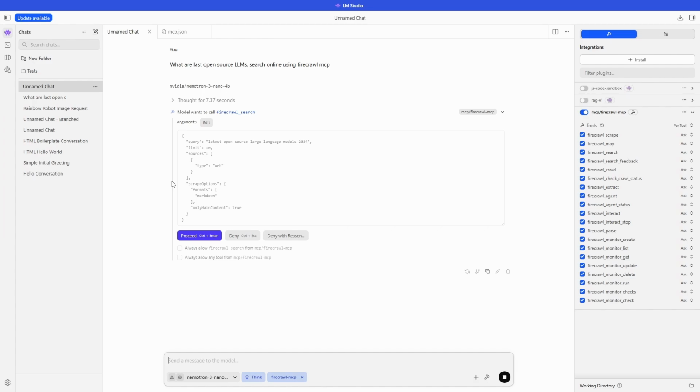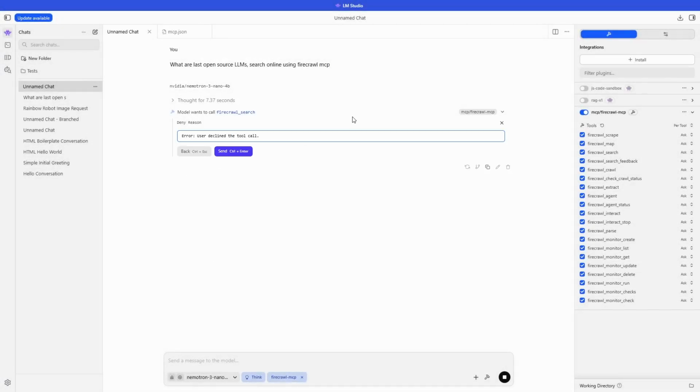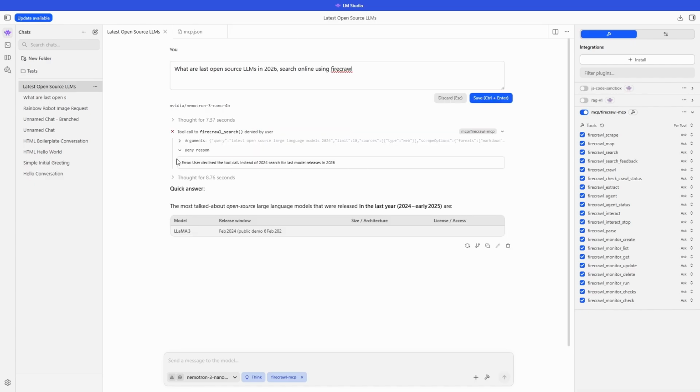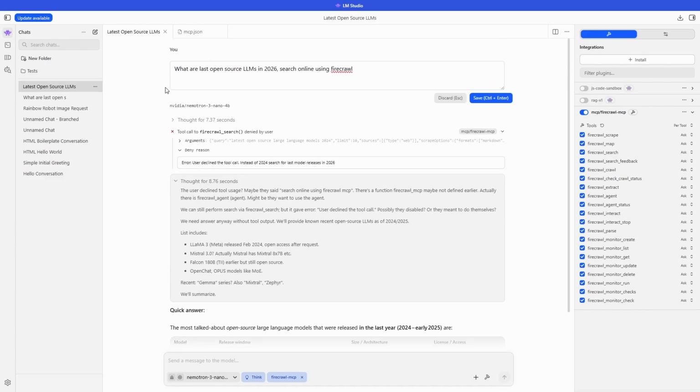As you can see, it built a query to our Firecrawl search tool, such as latest open source large language models 2024. Because its content is a little bit outdated, I deny this query because I wanted to search for the newest LLM releases, and because of this, I will specify a deny reason inside this window. In my case, the deny reason wasn't helping our model. I had to edit my prompt to explicitly tell it to look for the latest open source LLMs in 2026,